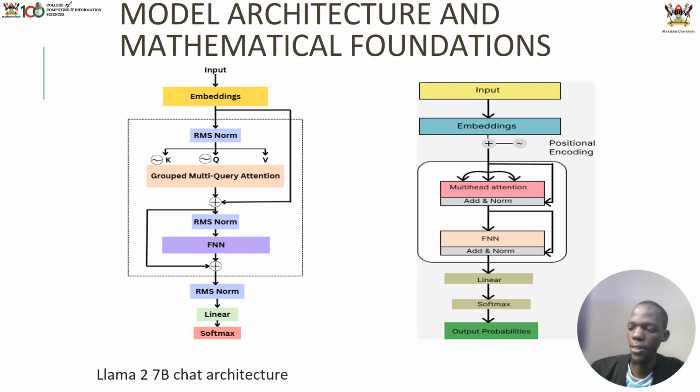Then after that, we go on to find the positional embedding. The positional embeddings are there to guide the model, to tell the model the position of each token in the sentence. Then it either goes to the normalization layer or to the multi-head attention layer. In Llama 2, the normalization comes first. In the rest, Gemma and Falcon, the multi-head attention layer comes before, then the normalization layer after. This multi-head attention is where attention occurs.